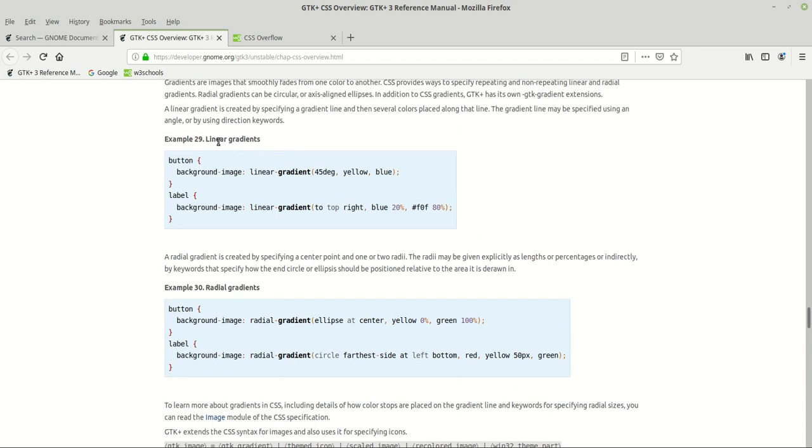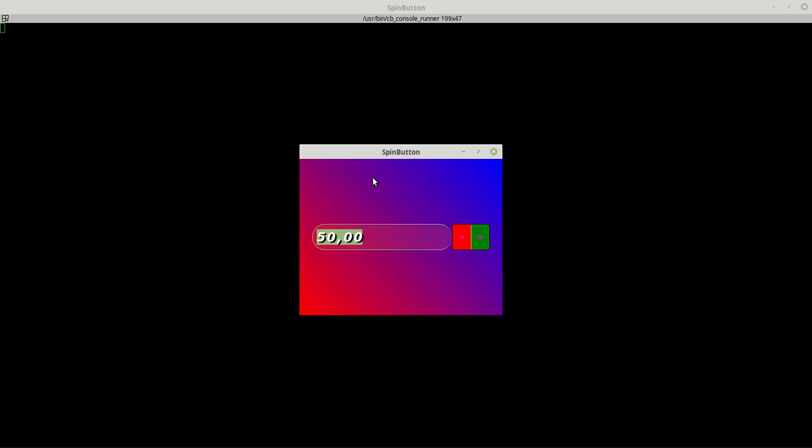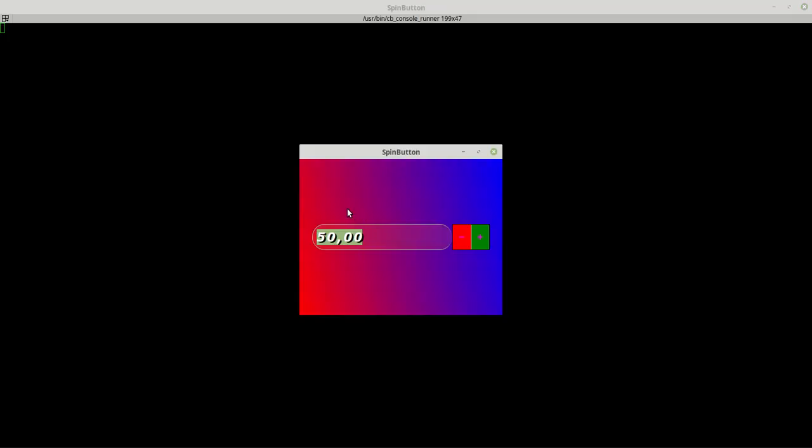You see here, for example, we have linear gradients, the thing which we are working today, and we set it to different colors. Of course, you see here you have 45 degrees. Let us apply it. Instead of to bottom, we are saying 45 degrees, and watch, you see how nice it looks like now. You see here it's from red to blue. So these things you can create them yourself. 75, I don't know. Just think about something and create something for yourself. Be creator, and